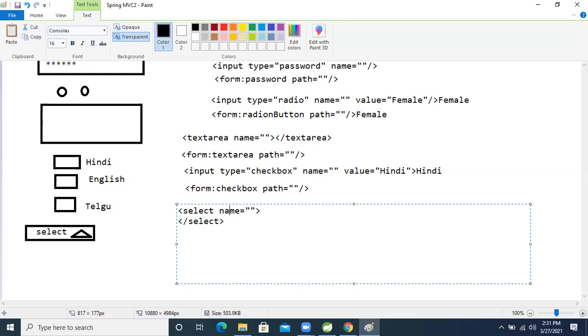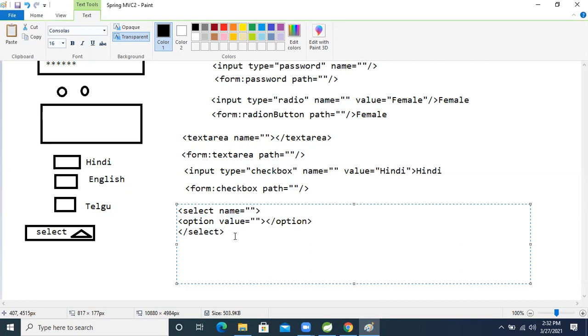Inside that we give multiple options: option, with a value attribute inside it, and close it. This is the HTML style.